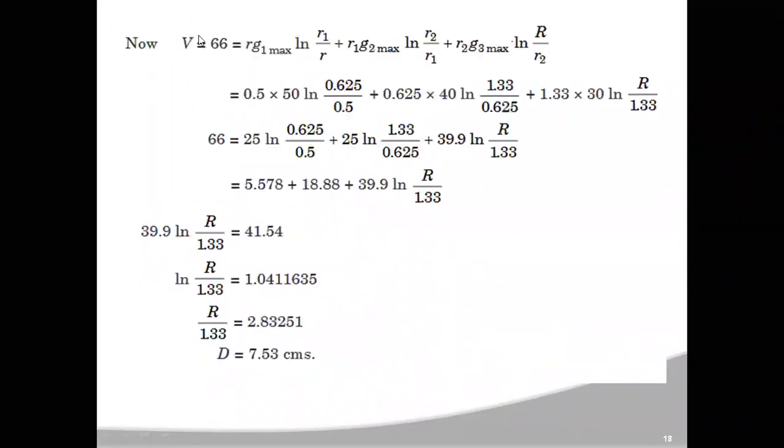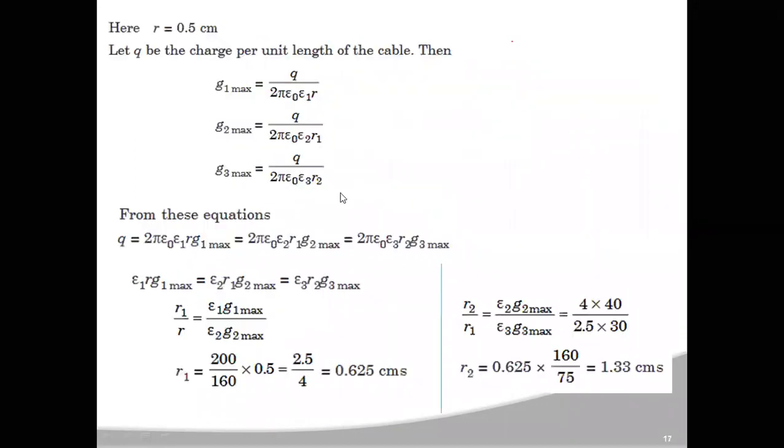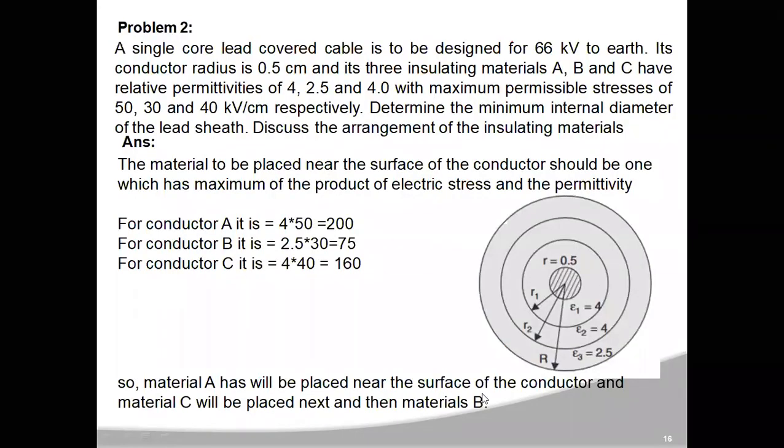Now you need to find out the capital R. You know the small r, you know R1, and you also know R2. Now you have to find out the capital R, that means the distance from the center of the conductor to the sheath. This will be calculated from the expression of operating voltage, which is the voltage between the conductor and sheath, given as 66 kilovolts. By considering this, you can calculate the capital R value.